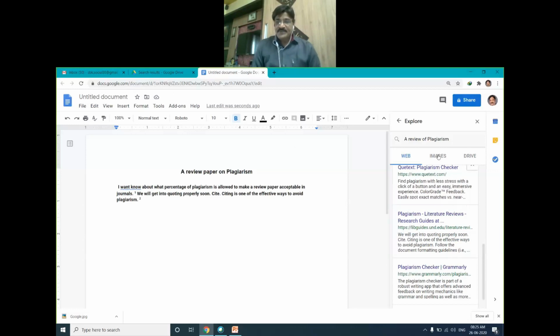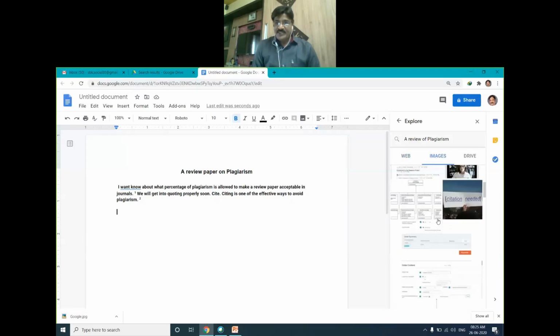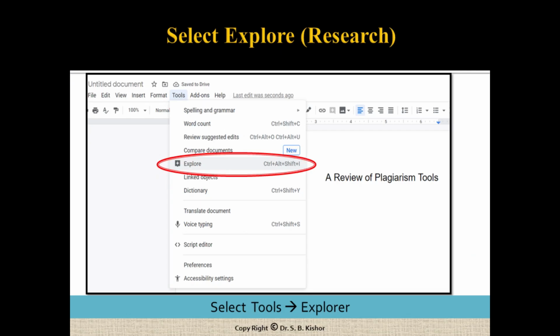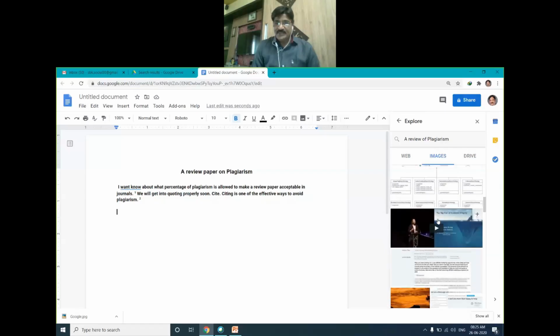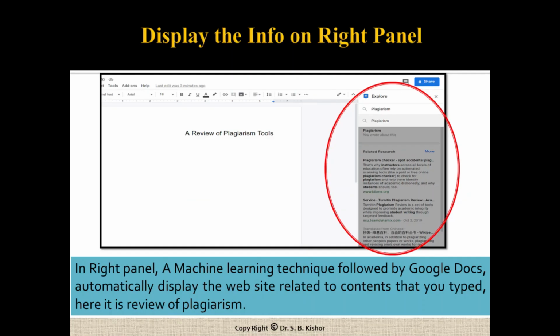Then we will discuss images. It is showing a lot of images related to plagiarism. So select the image that you would like to have for your research paper. Right?